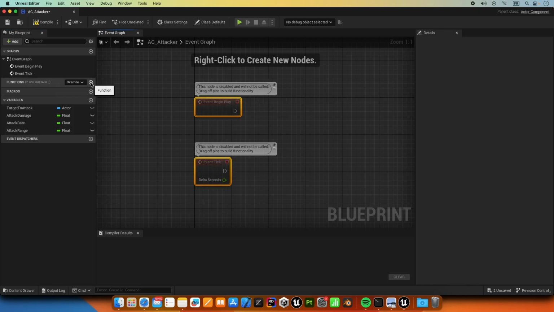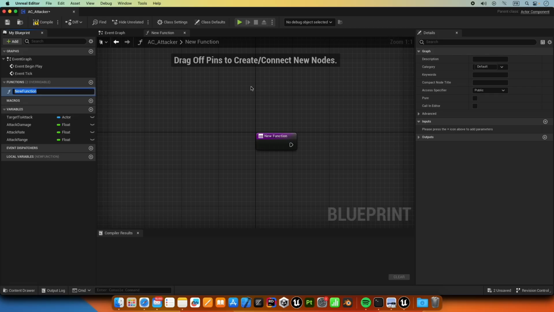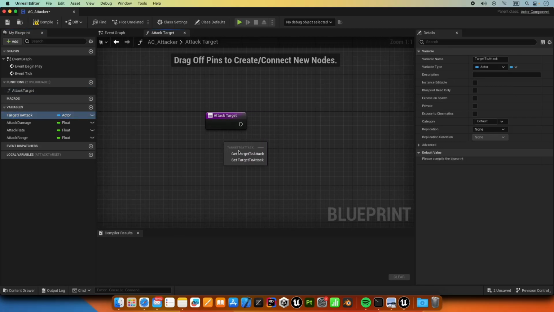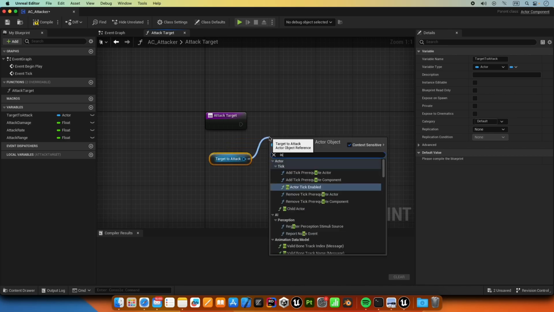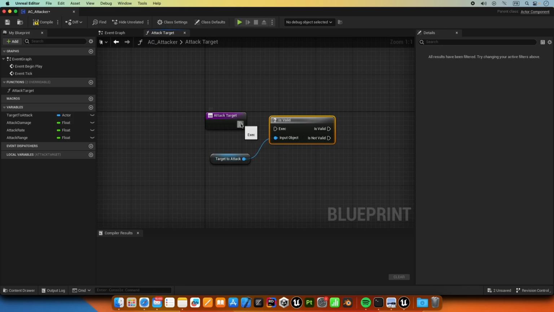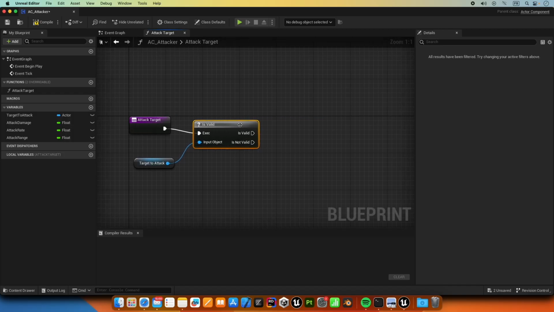Here we're going to create a new function. Let's call it attack target. We're going to grab our target to attack. I'm going to check if it is valid. It is valid, with the question mark. Put the execution pin and